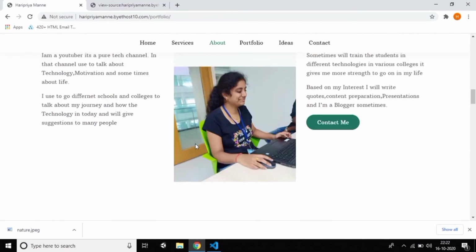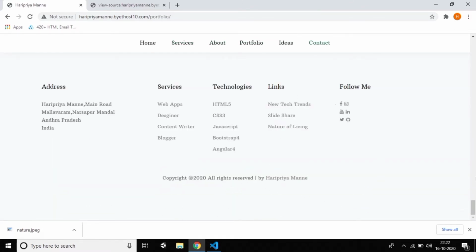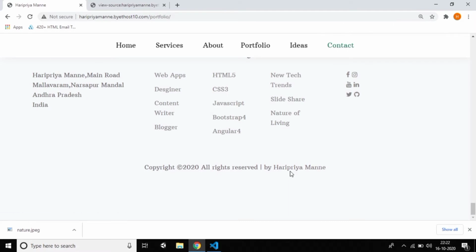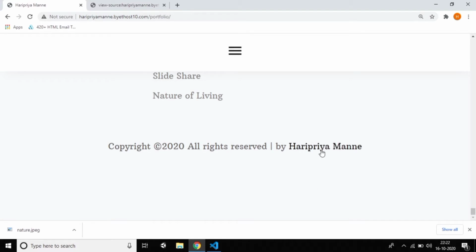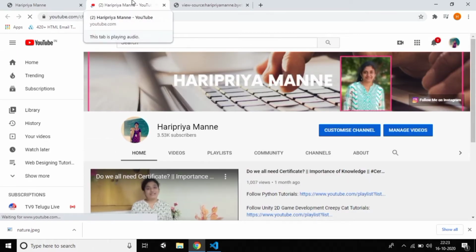The best example is this website of mine, which all of us know. This is generally all text. If I move the mouse over it, just observe carefully. I'm increasing the size, and if I move the mouse you can see it changes to a hand tool. If I move away, it's a normal mouse. If I move over it, it's a hand tool. That is called a hyperlink. I have given a hyperlink here, so if you click this, my YouTube channel will open automatically, because I gave the hyperlink of my channel. This is called a hyperlink.